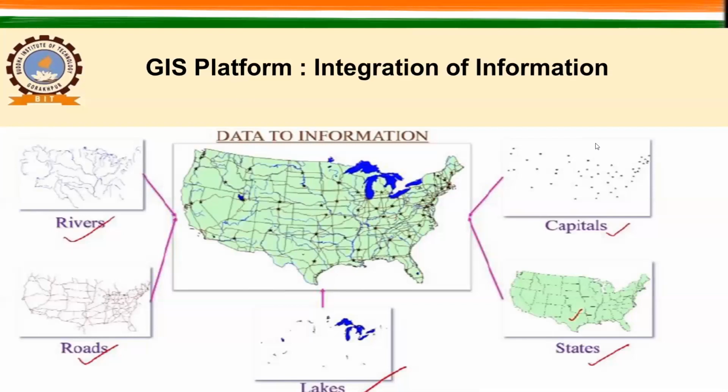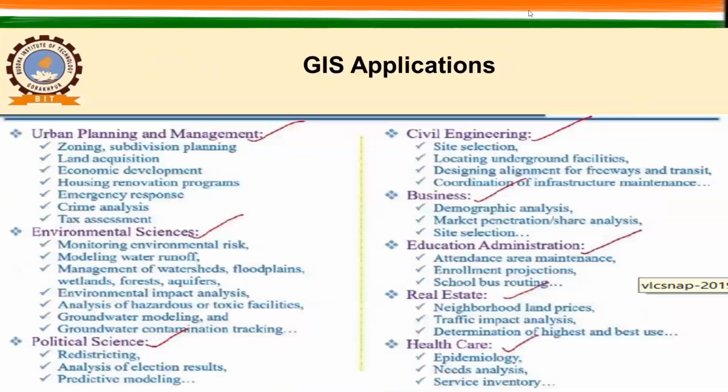So then ultimately what we do, we bring them together and then we prepare our output. So that we can easily identify what are the different states are having more water or less water, right? So at least those information can be interpreted immediately here in GIS. We have learned what are the basic structure, what are the different data types, how we can use them. And now let us see what are the different application areas and what we apply this GIS.